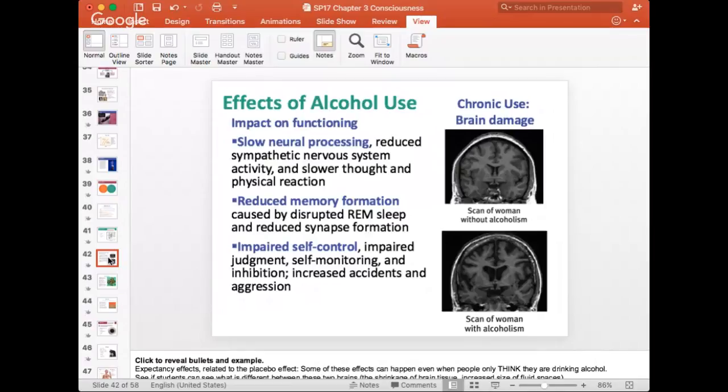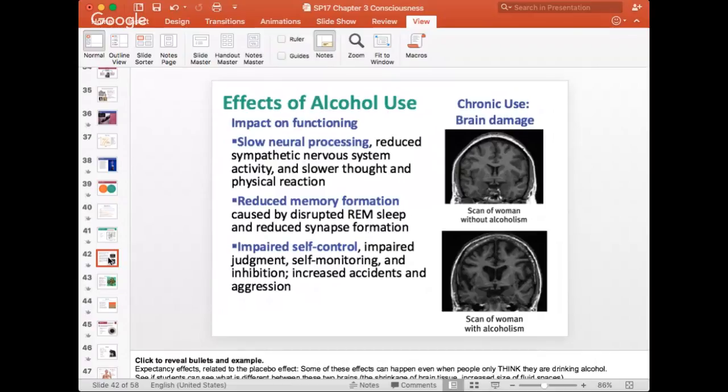Alcohol likes to sit in the frontal lobe a lot of times too, which has to do with judgment and reason, which is why alcohol can be so concerning with driving and decision-making, sexual situations and things like that. People make poor decisions under the influence of alcohol, because alcohol slows your neural processes down, especially in your frontal lobe. So whereas you would normally be able to make an excellent judgment call on something, under the use of alcohol, you're not, because those pathways, those avenues that you normally use to make decisions are blocked. There's barricades up and those messages aren't getting through,